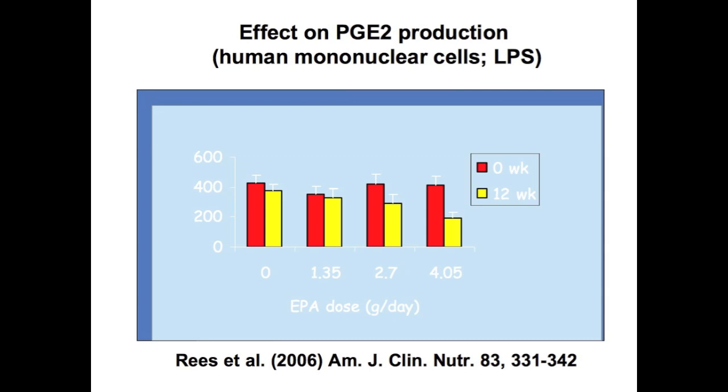So a couple of things. In the placebo group, there's no change, which is what you want to see. At this dose, which is about 1.35 grams per day, actually there's no effect. But at 2.7 grams per day, there's a significant reduction. It's about 30%. And there's probably about a 60% reduction at the higher dose. So there is a dose-response effect. But it looks like, at least in this particular study, you have to get beyond a particular intake before you have a functional effect.